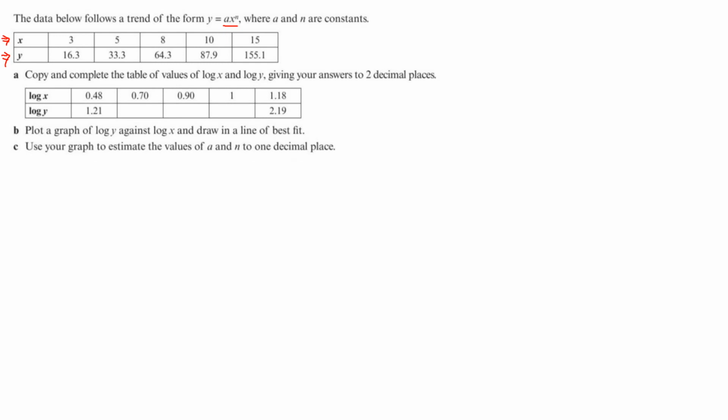Well, if this is what y is, then we can work out what log y is. Using our calculators, to use log, it's going to be shift and then the button underneath the fraction. If you're using the ClassWiz calculators, you should get an answer of 1.52 for these ones. For the next one, it should be 64.3, which is